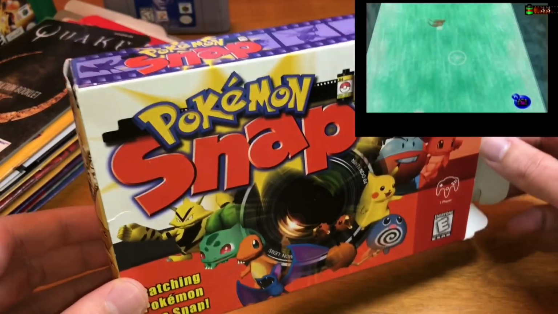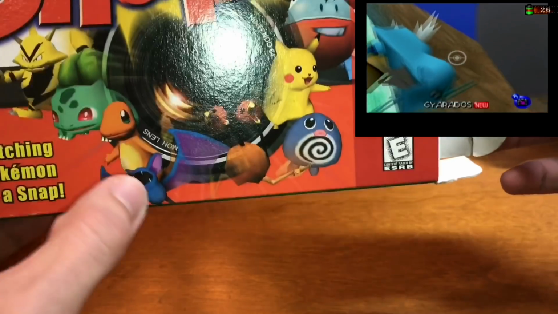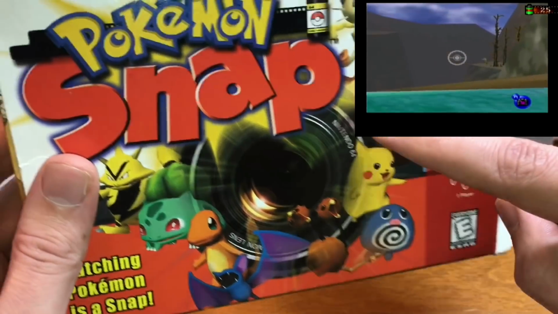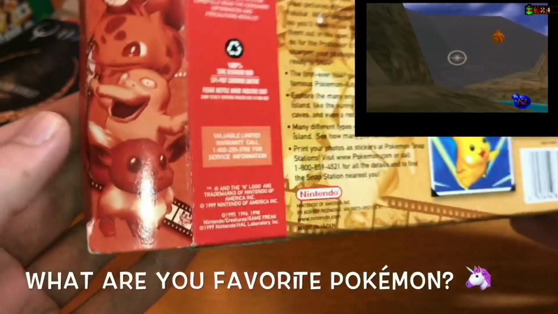But this game is really fun, and to this day, it is a very unique game. Got to see all your favorite Pokemon in 3D: Electabuzz, Bulbasaur, Charmander, Zubat, Poliwhirl, Doduo, Pikachu, Squirtle, Eevee, Voltorb, Pidgey, Meowth. That really just happened in real time. Say what you want. Butterfree, Psyduck,